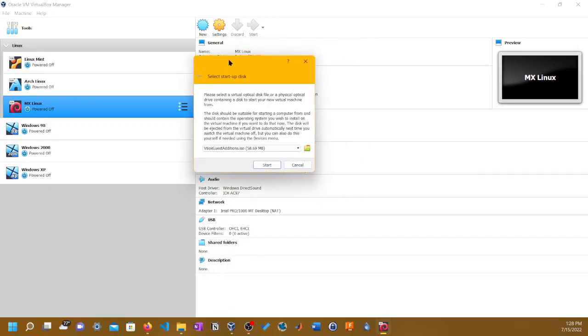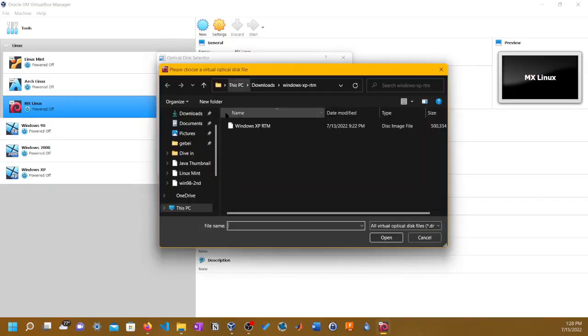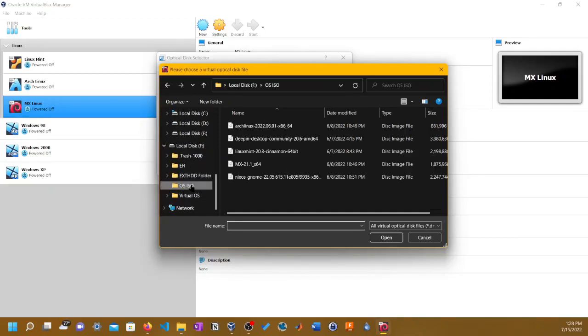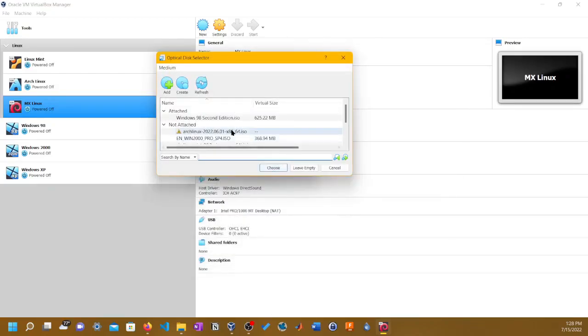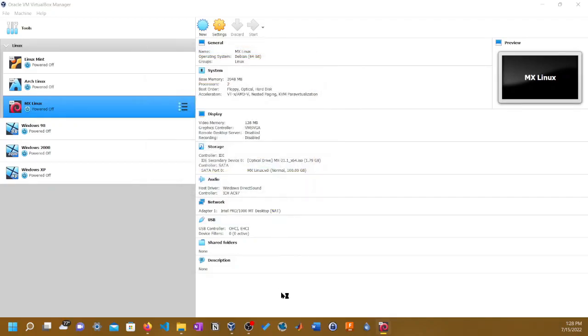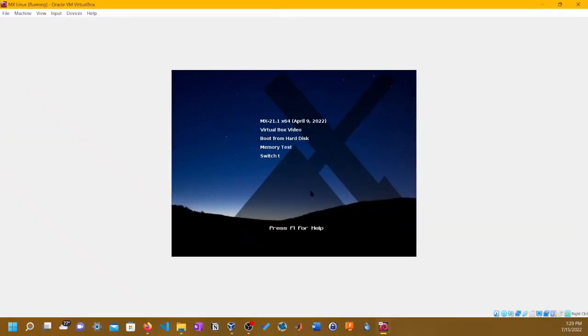So you're gonna start out with this one. First time you have it, let's just add a disk. There are two ways you could do it: inside the settings, or if you forgot about it, it's just gonna ask you if you want to put it in the disk or not. So yep, MX here. Let's choose that. And let's start. Sorry. Yep, there it is.